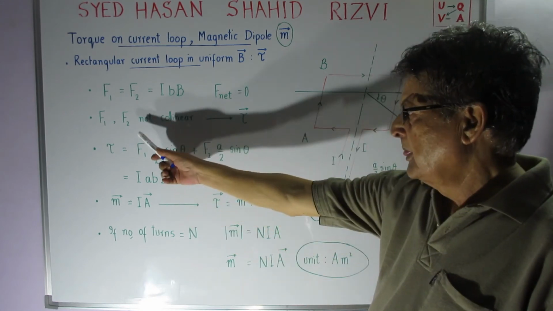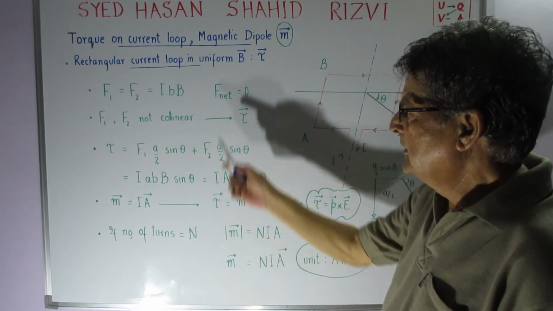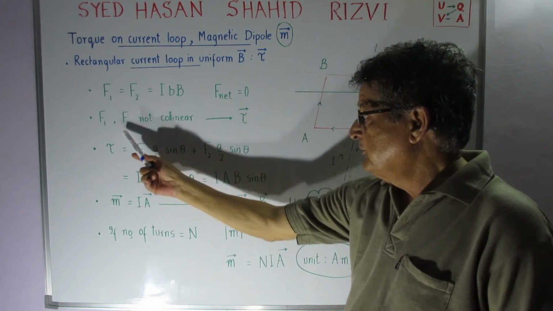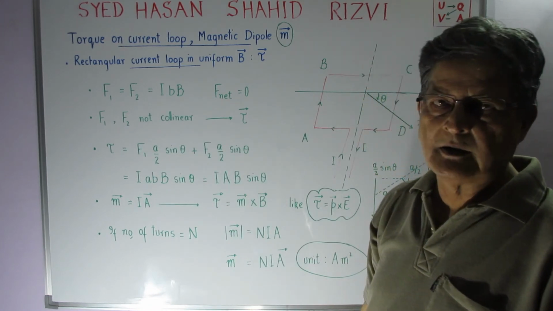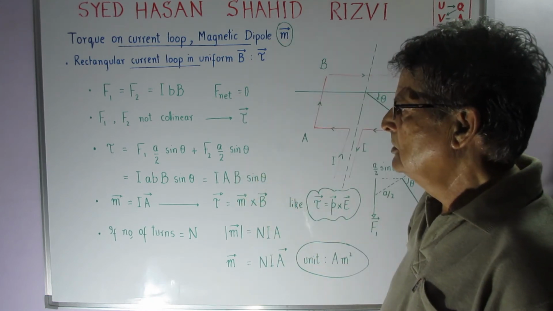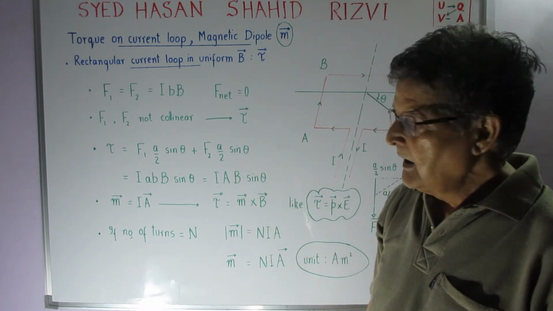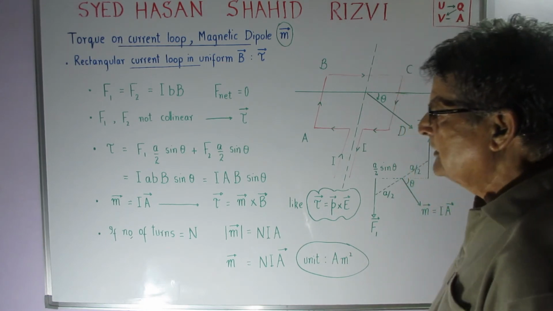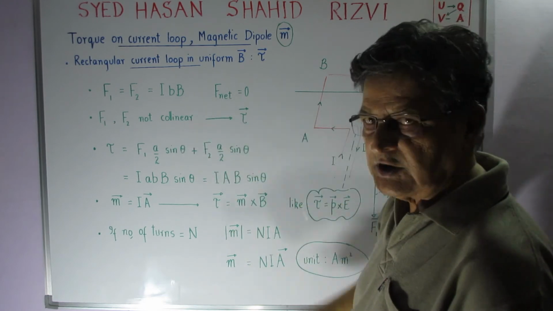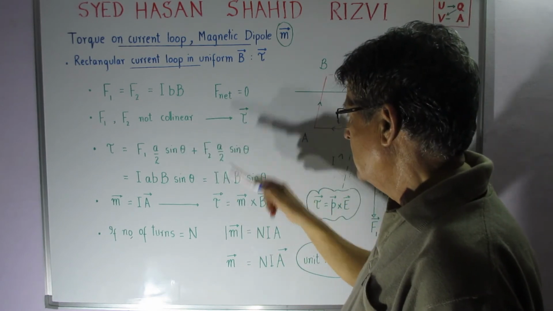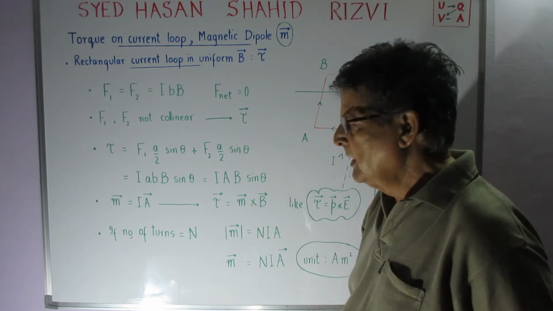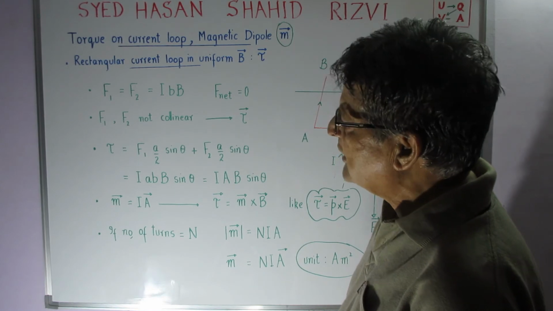Now, normally the net force vanishes, but the forces F1 and F2 are not in the same line. They are not collinear. So that gives rise to a situation of a torque. And like we did earlier, earlier it was F1 into a by 2, so I am adding sine theta, and F2 into a by 2, again with sine theta, and sine theta fluctuates between